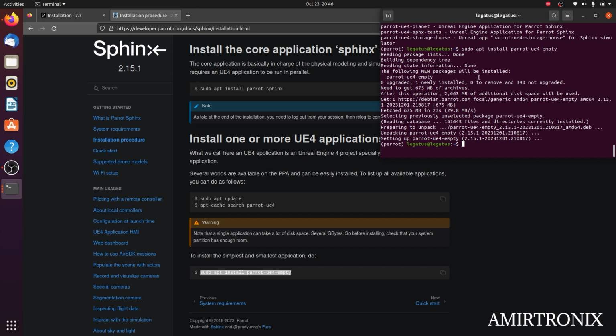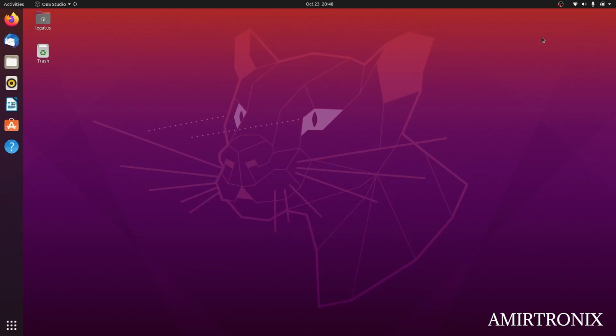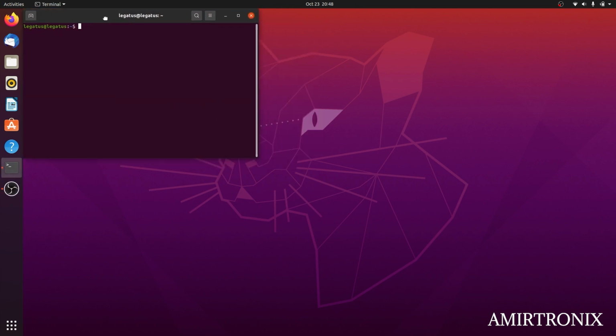So we have installed Sphinx and UE4. To activate this setup, we need to reboot and relog into our system. So here I'm going to type reboot and then click enter to reboot your system. So once you have rebooted your system, you can open up a new terminal, and over here I'm going to